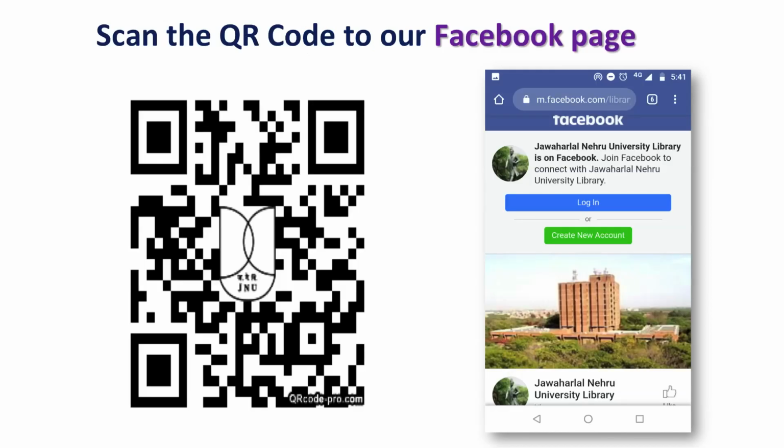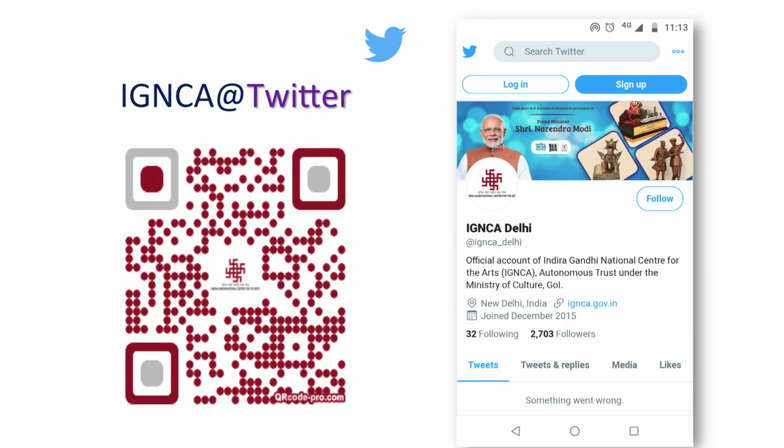Another example, that is for linking to Facebook pages. So, there is no need to instruct the users to go through different steps to access this Facebook page. Simply this QR code takes you to the Facebook page of the library website or the institution's Facebook page without knowing anything, and similarly it goes to the Twitter handle also.